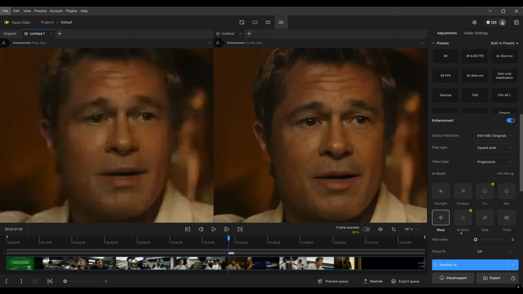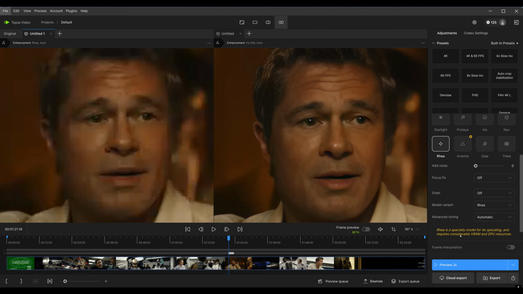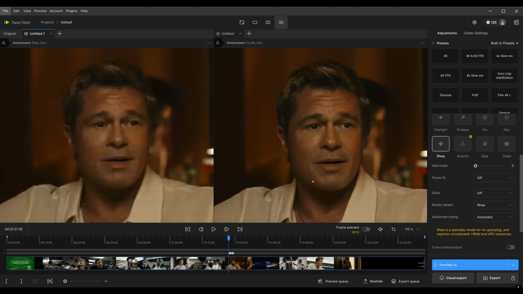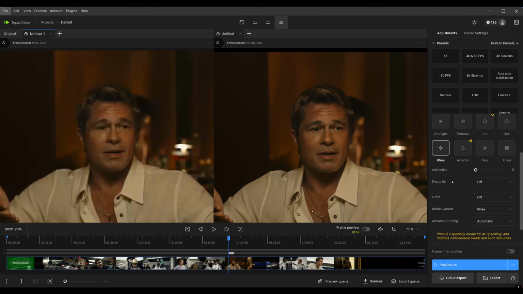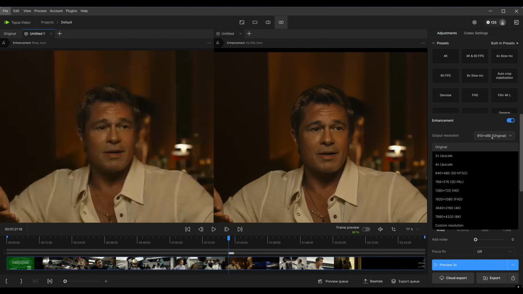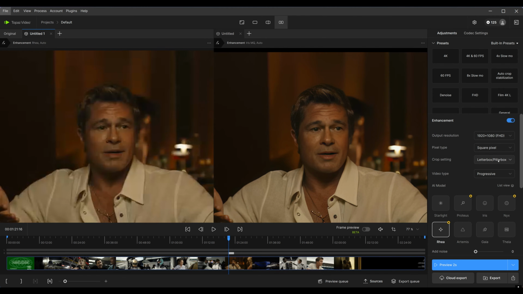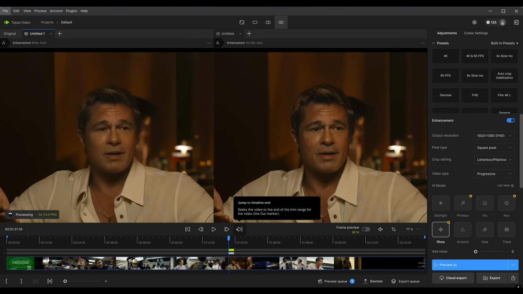Rhea is one of their newer models that I've occasionally used. It does use a little more processing power, so let's see what it can do here. Let's just hit preview. Actually, let's take it up to 1080p again and leave it a square pixel. Again, this one will take a little longer, but it's not too bad. I'm using this computer with a 5060 Ti, which is pretty stout. I don't know, it's doing it over here for some reason. Well, actually, this gives me a good